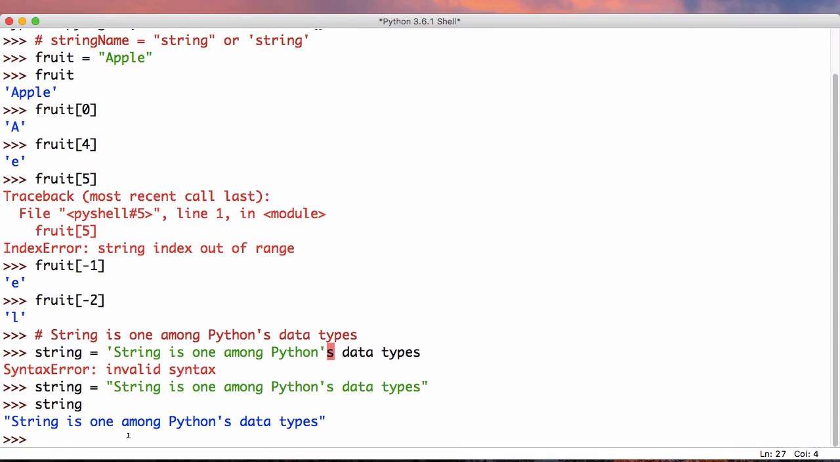Now what if you wanted to start your string with a single quote and not a double quote, but still use that apostrophe as a part of your string? In that case, we use a mechanism called escaping. Let's see what that is. So I start my string with a single quote,